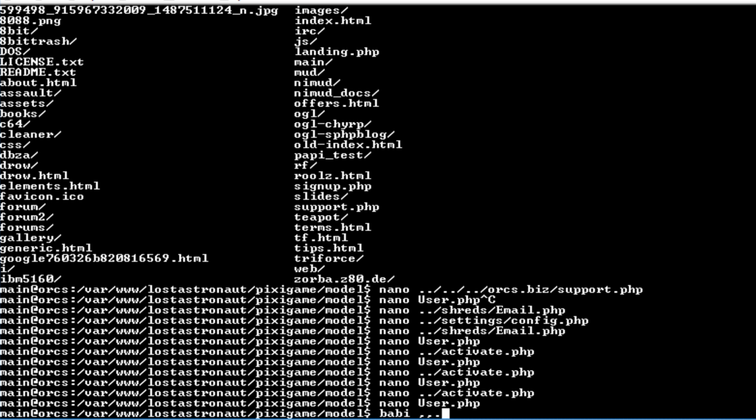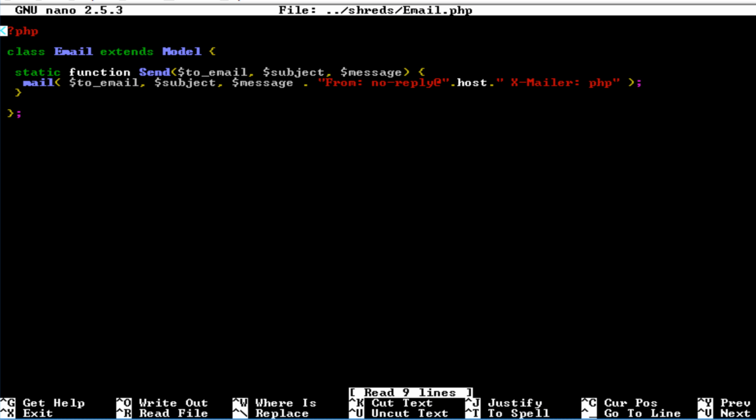One was when I was working on that last time, I created a shred called email.php. So in the shreds folder, the idea of the shreds folder, again, is to provide just a way to stick a file that's going to be loaded automatically. Everything in the shreds folder gets loaded into the page core. Anyway,